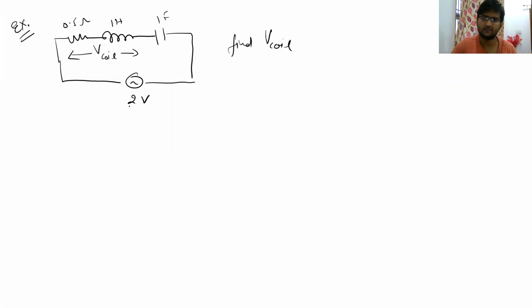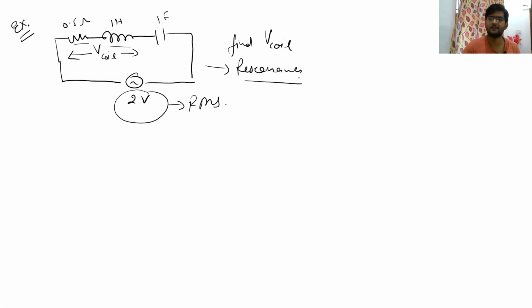Now, let us see the last example of this lecture. We have to find the voltage across this coil, which is a combination of resistor and inductor. In practical inductors, there is also a series resistance, as we have already discussed. So we have to find this V coil voltage. If nothing is specified, you will take all the voltages and currents as RMS values. I have already told you. So how to find the value of V coil? It is also given that this circuit is at resonance,